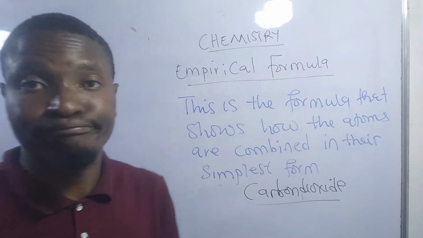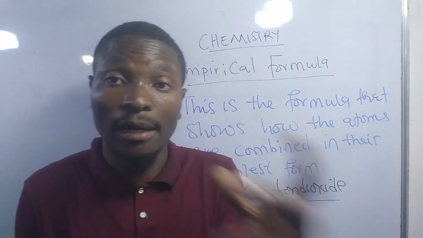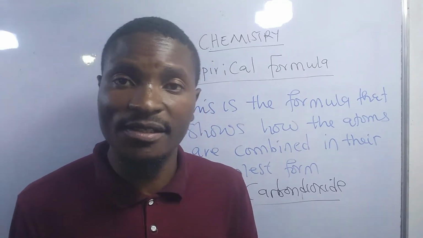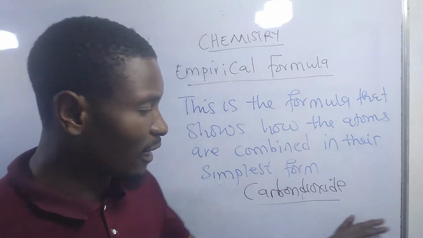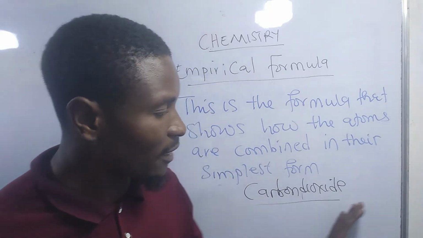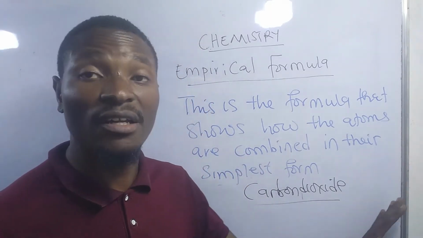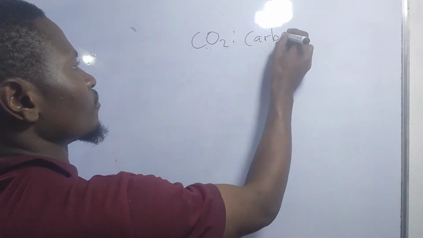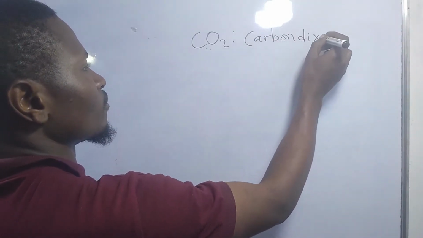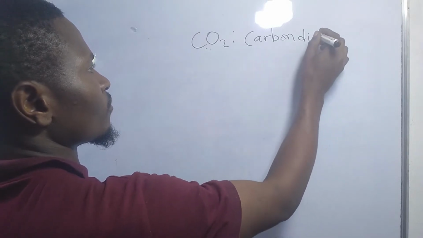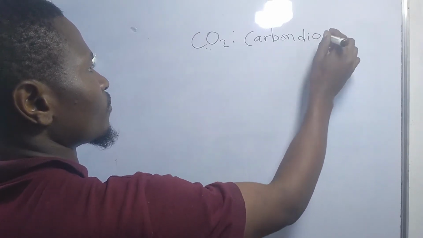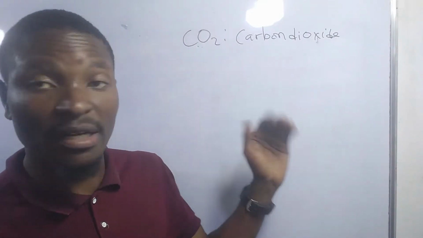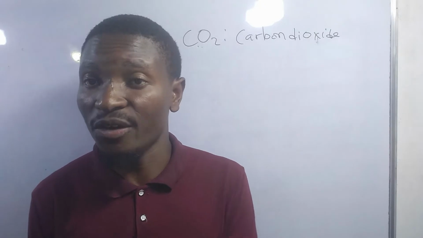Each one of us knows about carbon dioxide. Most of these are basic compounds or elements. We all know them. Now, I want to share with you this compound, which is very toxic to us human beings. But now let us look at carbon dioxide. How is carbon dioxide formed?